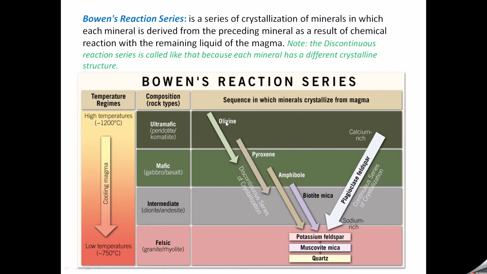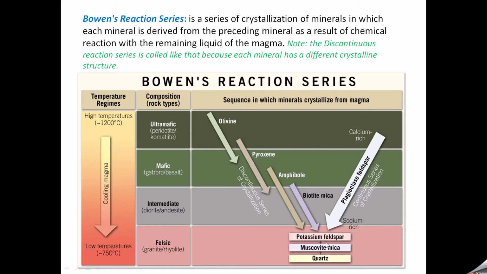Along with the deposition or crystallization of the olivine, calcium-rich feldspar will be forming at the same time. As the magma cools down, the chemical composition changes from calcium-rich feldspar to sodium-rich feldspar. As it cools more, the magma will be depleted in magnesium and iron and becomes more rich in silica. It gives me potassium feldspar, muscovite mica, and